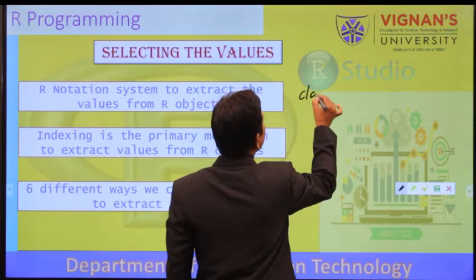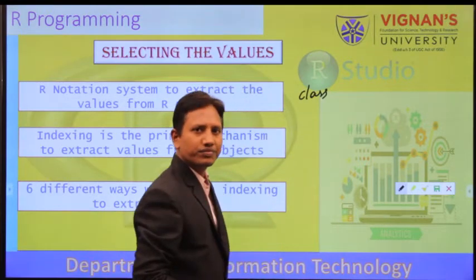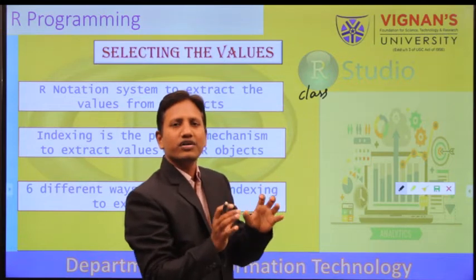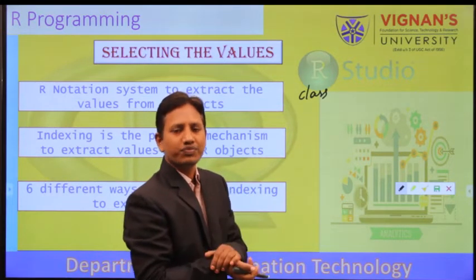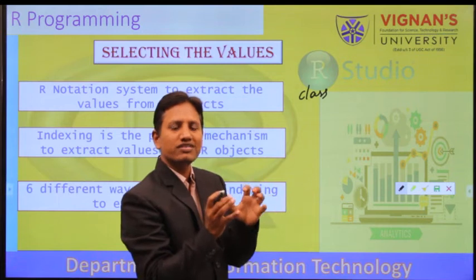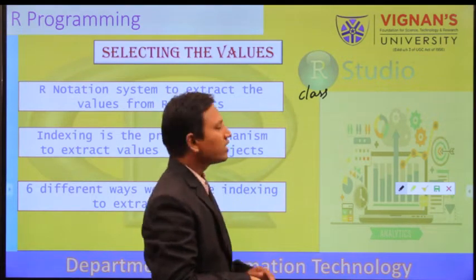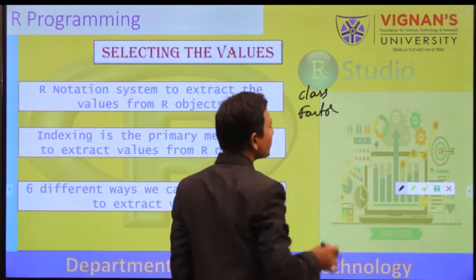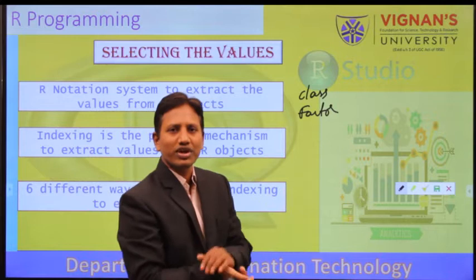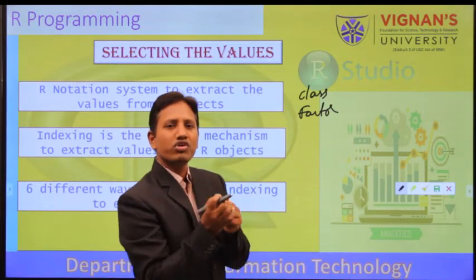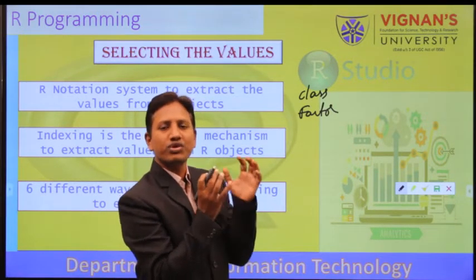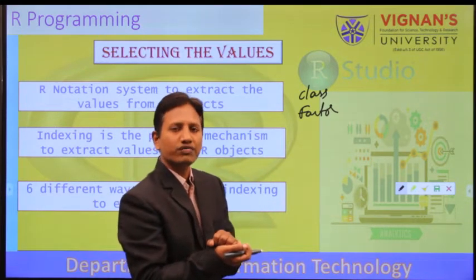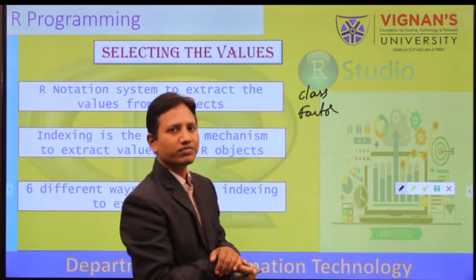We have learned about the class attribute. This class attribute gives the format of the data. What is the format of this data it is going to give us? Next, we have learned factor. That is, if we have a string vector, how many unique values are there? It is going to count and give us the result in the format of levels.